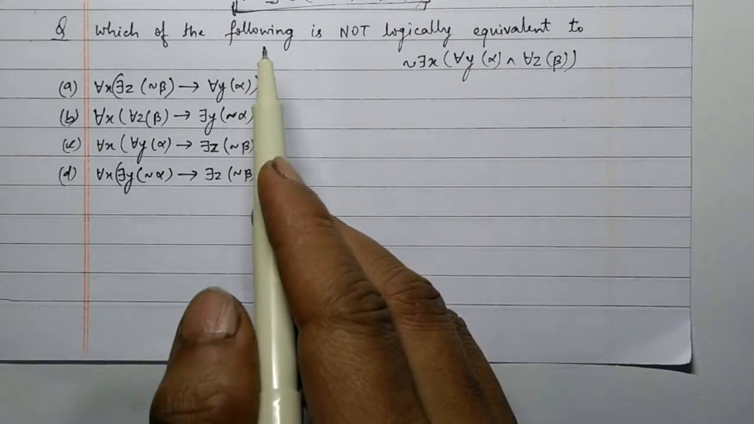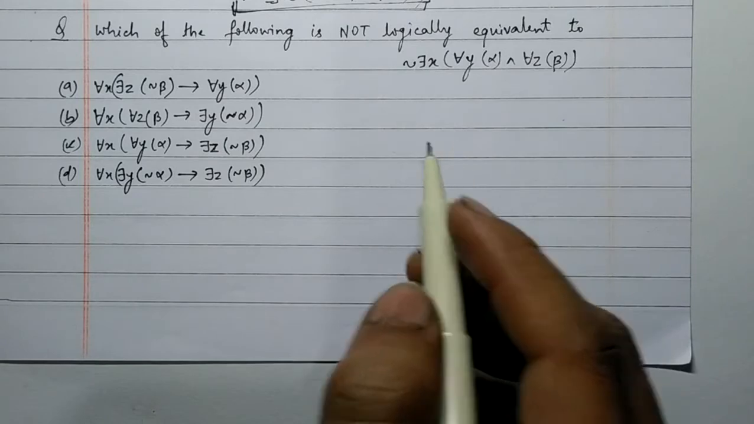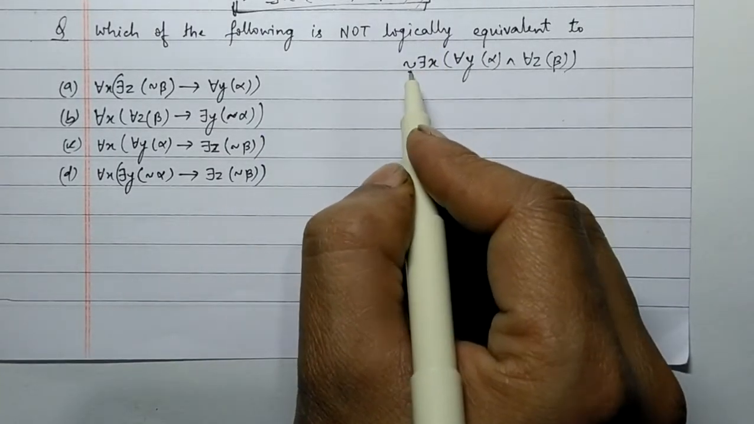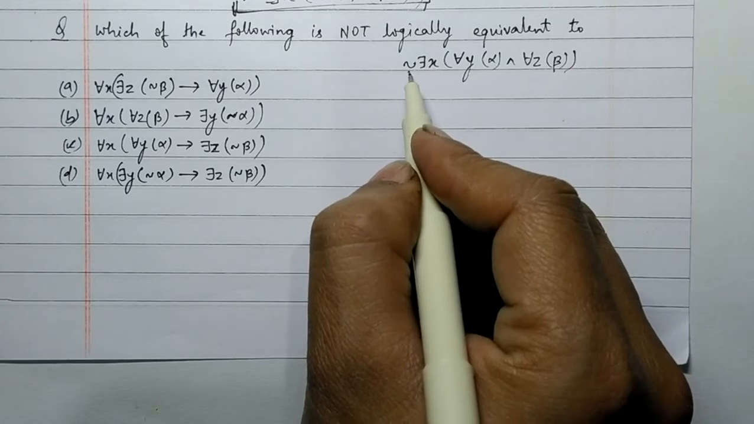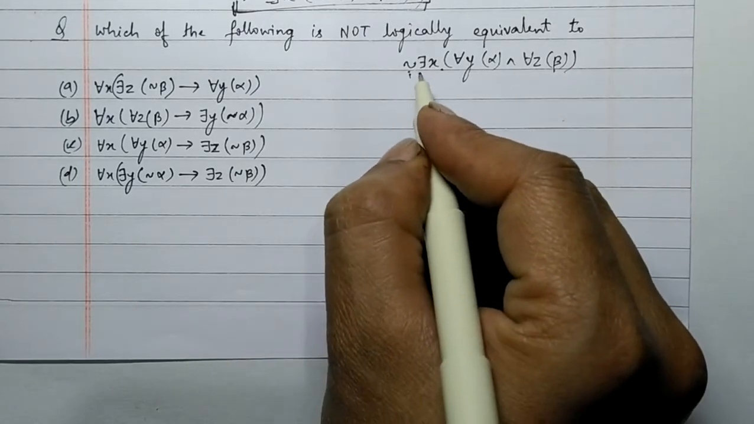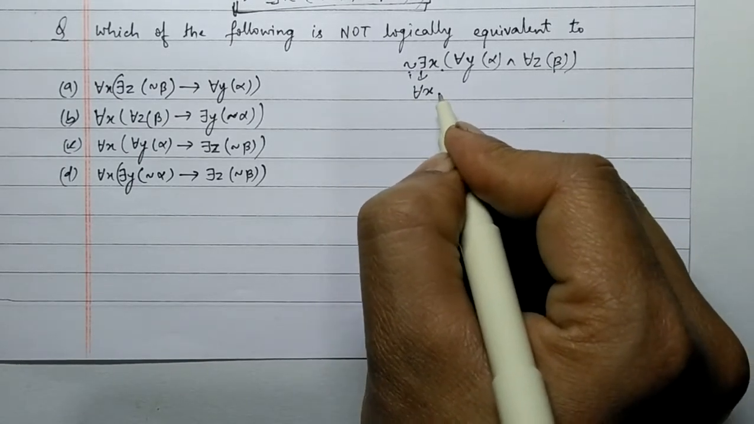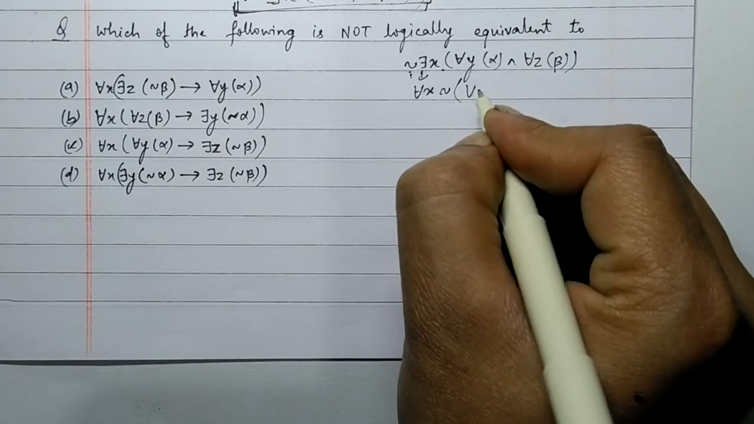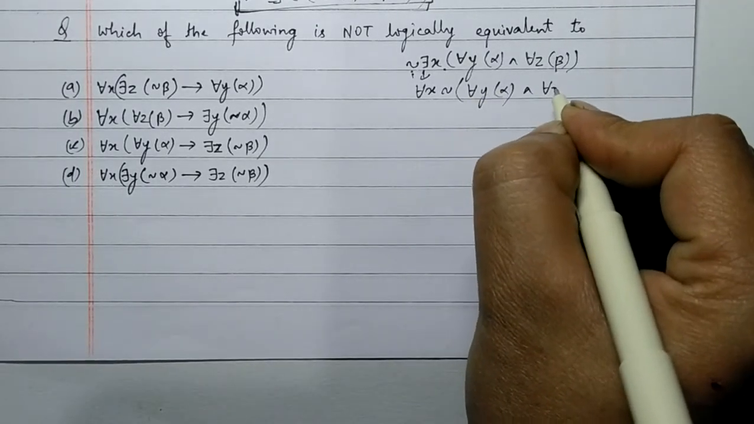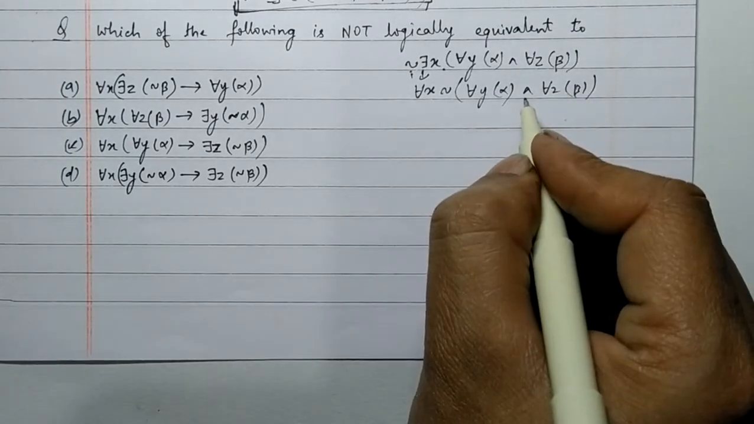Which of the following is not logically equivalent to this statement? So let's try to solve this. When this not is transferred from this position to this position, this "there exists" will be converted to "for all x", "not for all y alpha", and "for all z beta". Now using De Morgan's law,